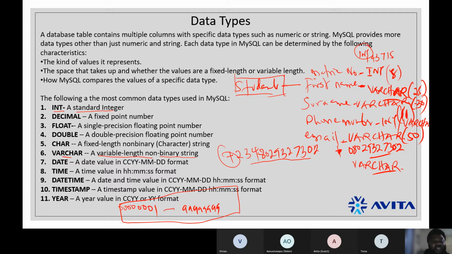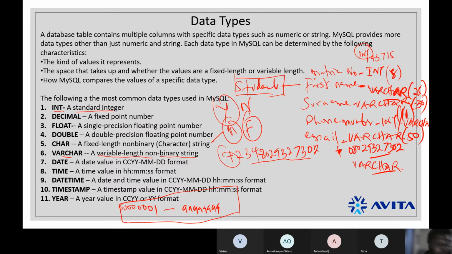So when you talk about character in this situation, you have something like M and F, which depicts male and female, yes and no. That is, it is fixed. It cannot be more than one, right? So you have male and female, you have yes or no. You have situations like that when you have distinct values like that.